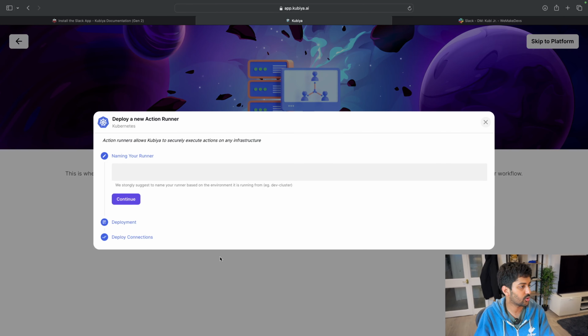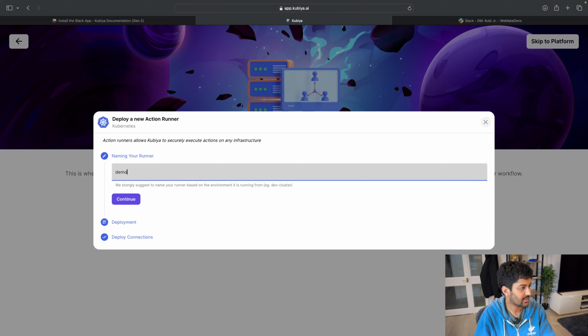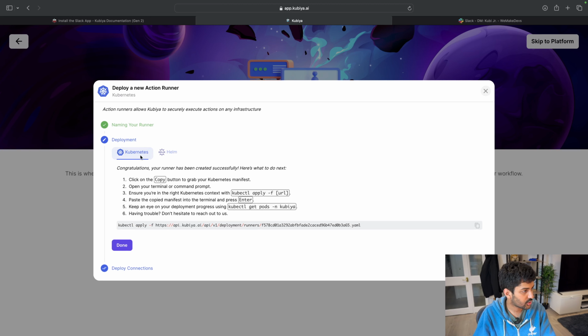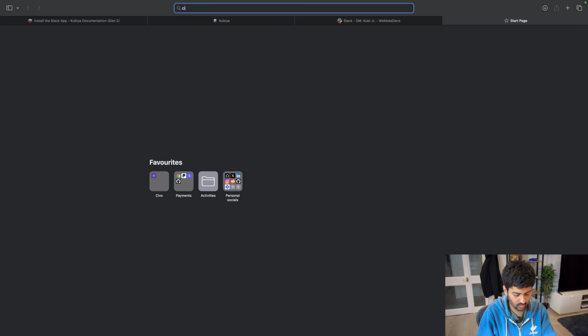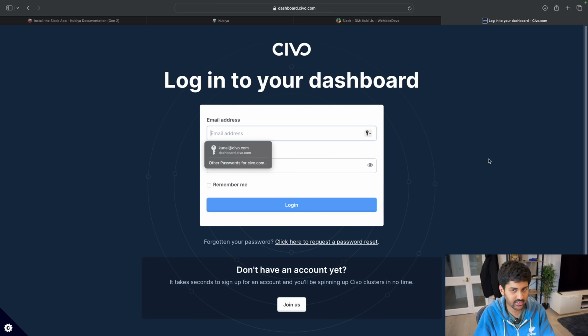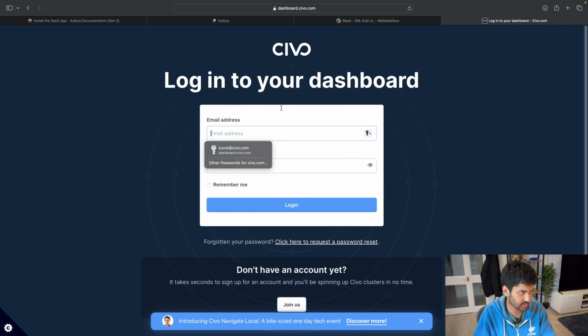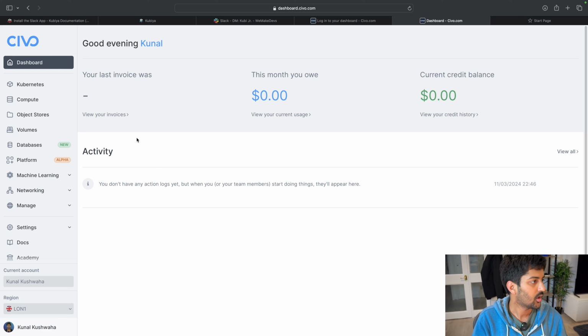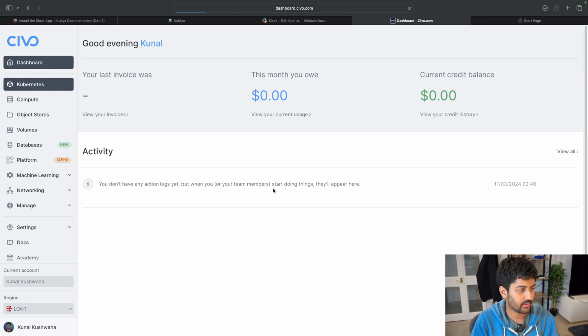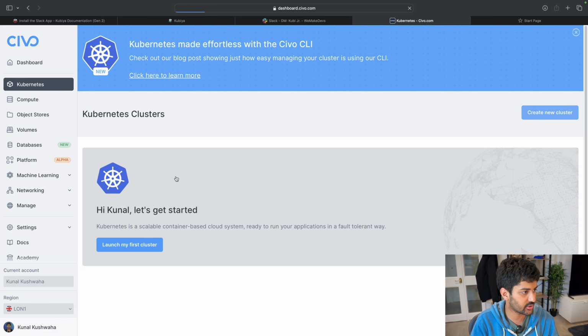Okay, we're going to work with Kubernetes. I'm going to call this demo, continue. Kubernetes helm. So I'll create a Kubernetes cluster on Civo and install Cubia on that. Okay, I am going to go to Kubernetes and create a new cluster.